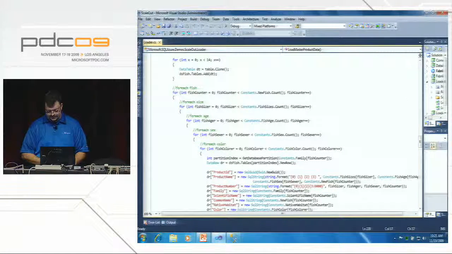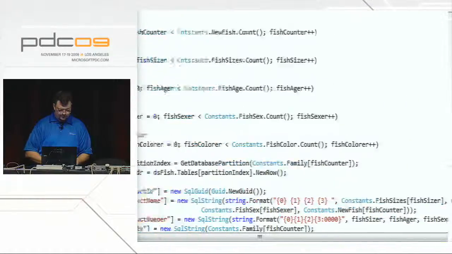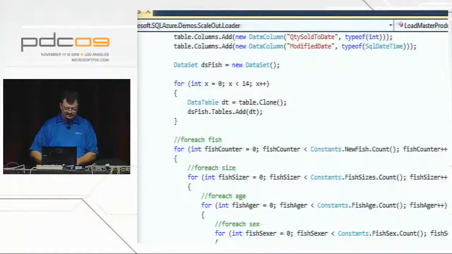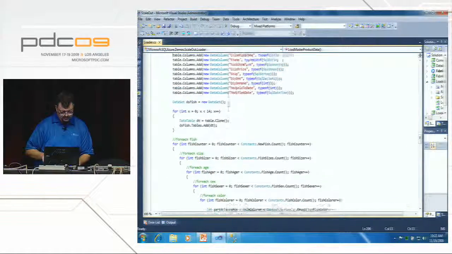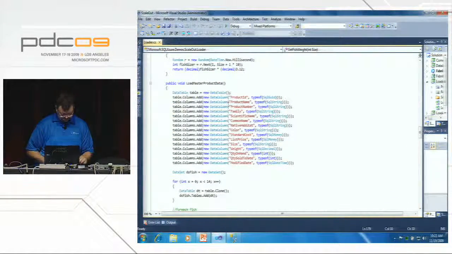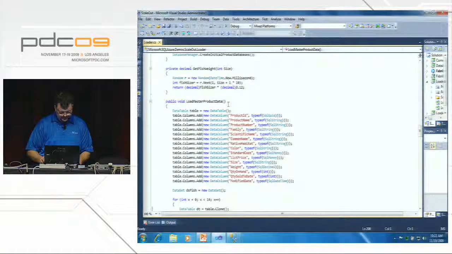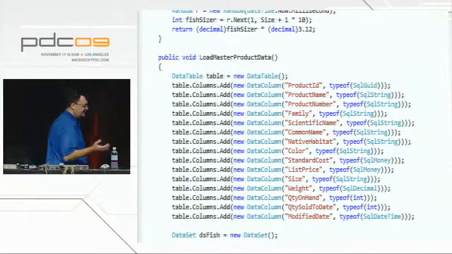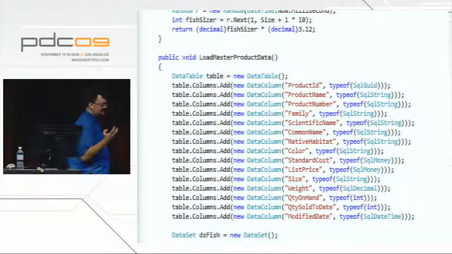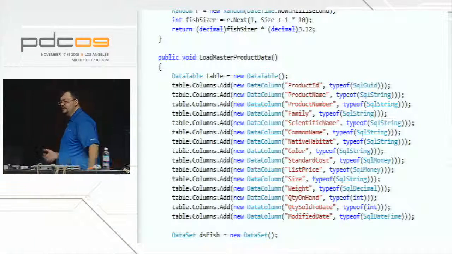So what we've done here is we've taken our product database, and we've taken that schema, and we've installed it across 14 different databases.